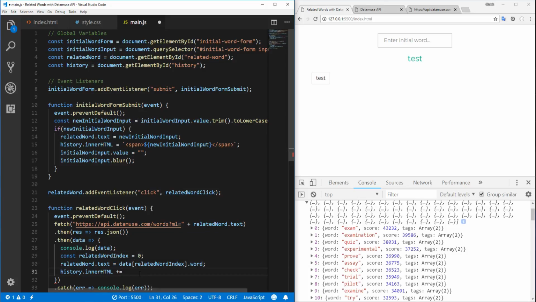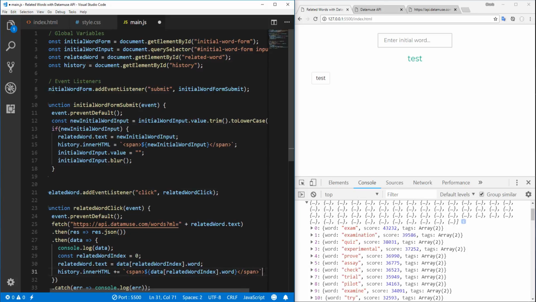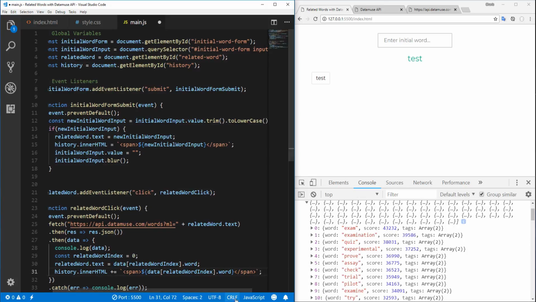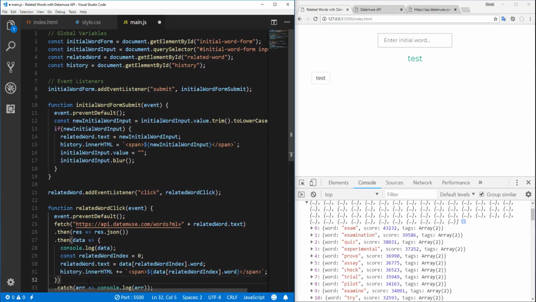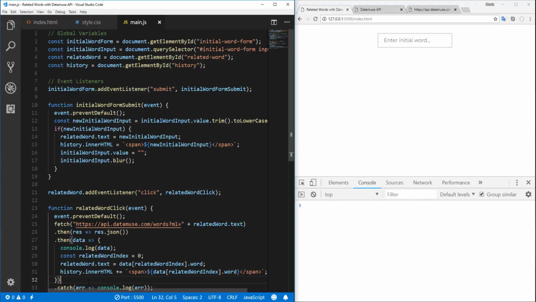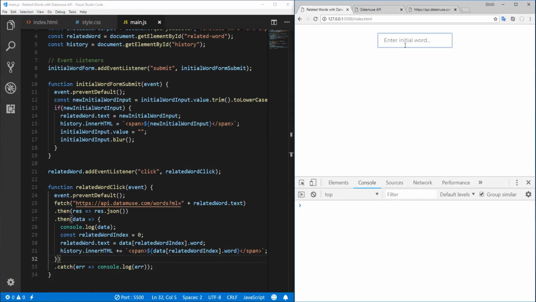Equals, and let's use template literals, span, closing tag, and in here goes the variable. So now if we save and test,